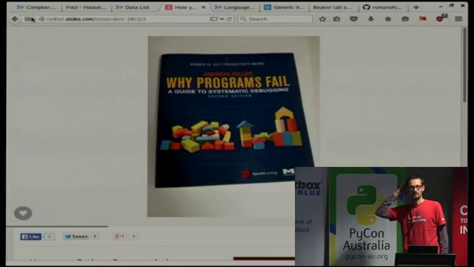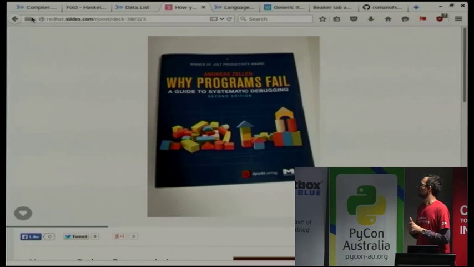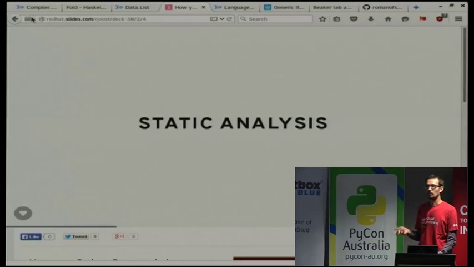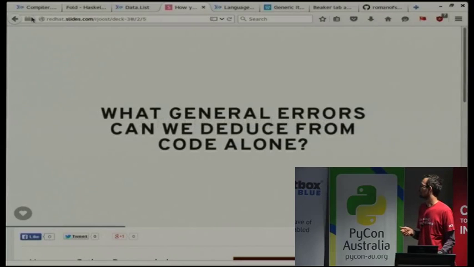The book gives you an overview of how you can debug programs systematically. One chapter is about static analysis and how you can reason about programs just by looking at the code. And in there, the author was also introducing program slicing,